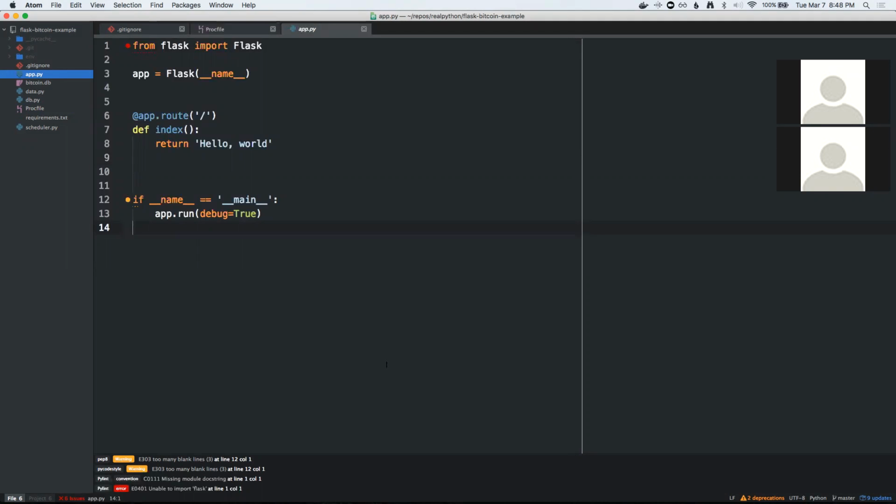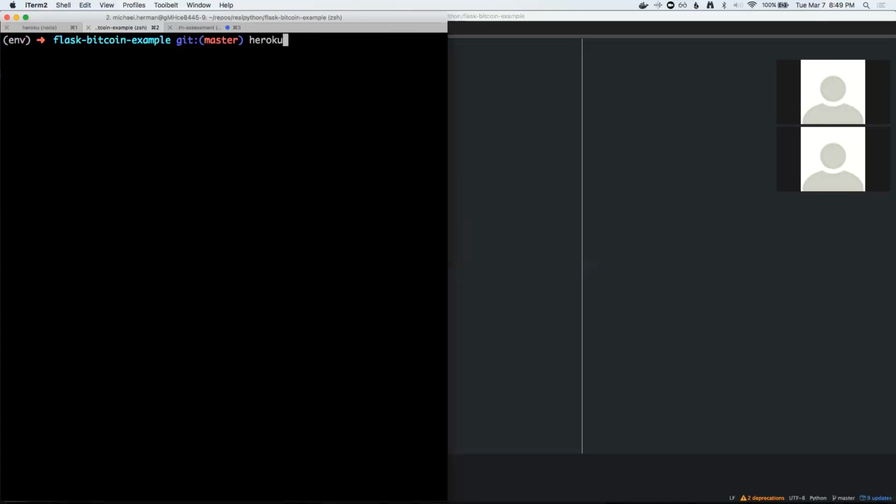Do you guys know what command line variables are? Or not command line variables, but environment variables. Environment variables are variables that are at the environment level. Heroku exposes a random port. We have to grab onto that. It's not going to be 5,000 because that would be too easy to guess. And Heroku only gives you, I think, 30 seconds to bind to that before it completely shuts it down. So there is a variable